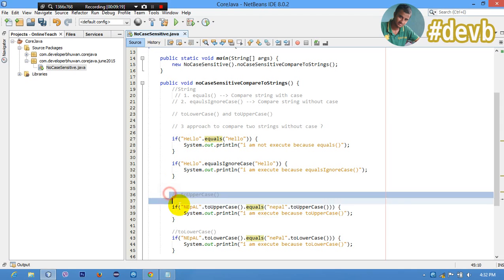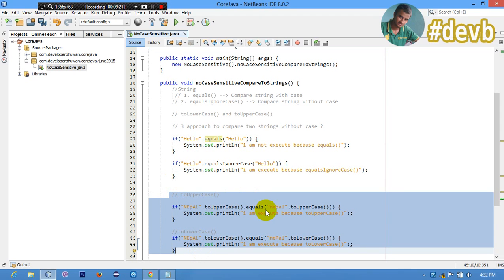This approach uses the equals method to compare two strings without any case.